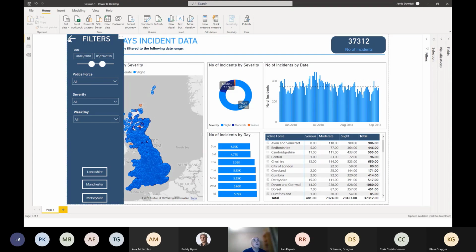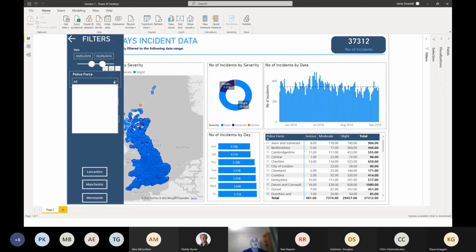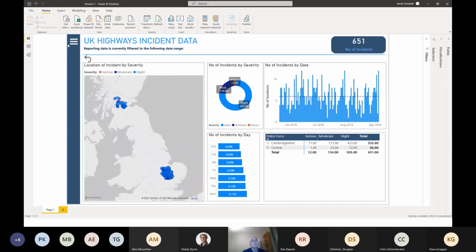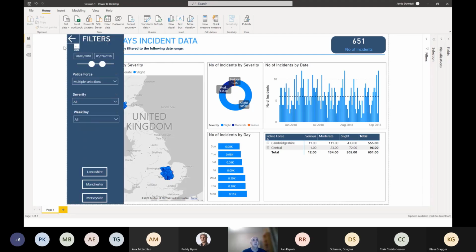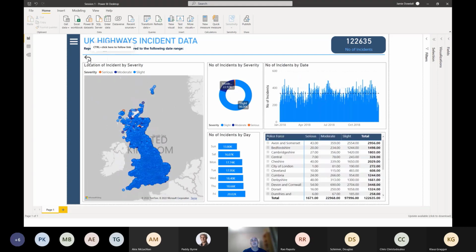Okay, we've also got a little button here. I'm going to pop a filter on. We've got filters on. You could have sort of 10, 15 filters on a dashboard, and you might return to the dashboard and think, crikey, the information's a bit wrong here. What's going on? And you might open your filter panel and think, I'm not sure what filters are on. So what we've got here is a release button, and that takes the dashboard back to